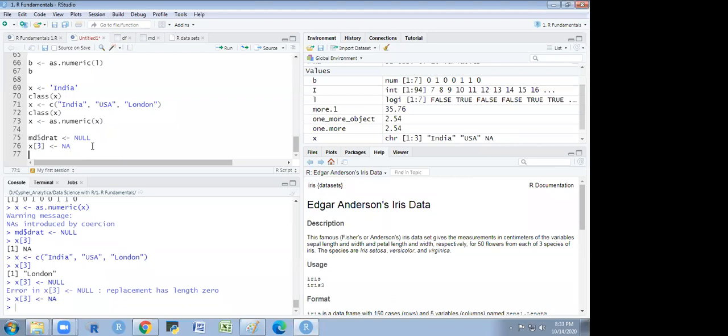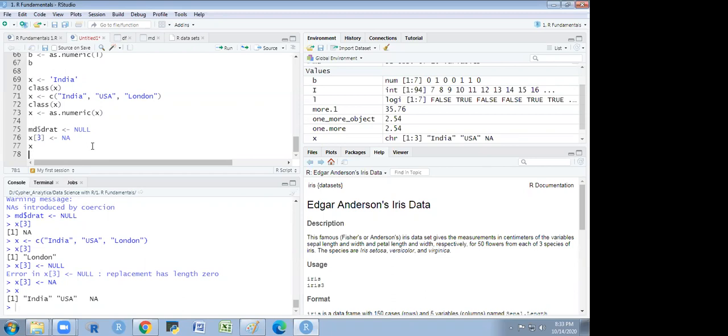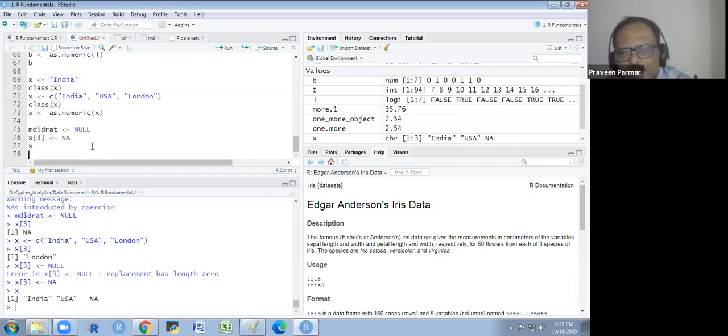So now you see that there is NA. Okay, so I tried it, but the draft didn't remove from the MD data. We could not empty it. It is the NA for missing value. There is no value, but there is a space for that. Is it clear? We could fill something over there.